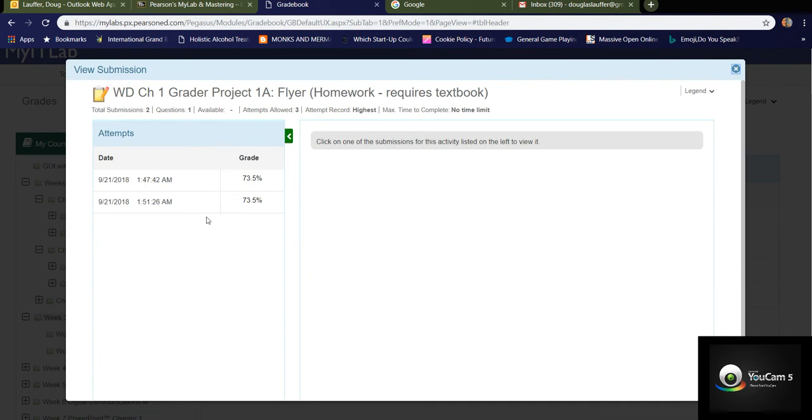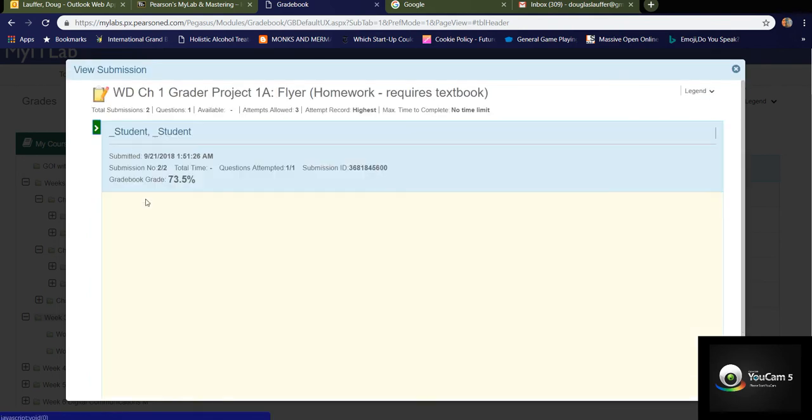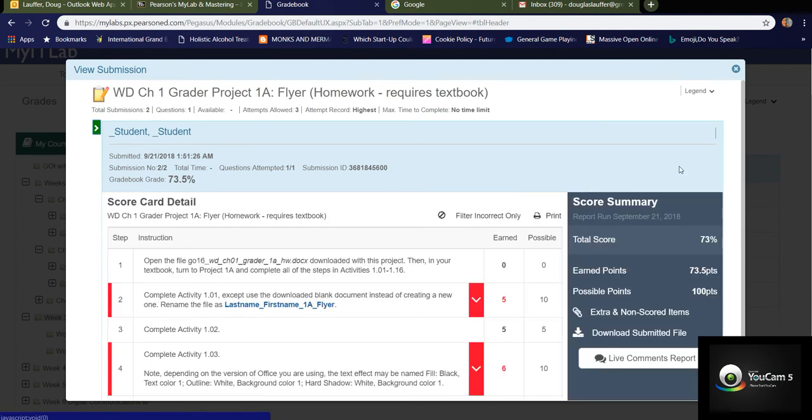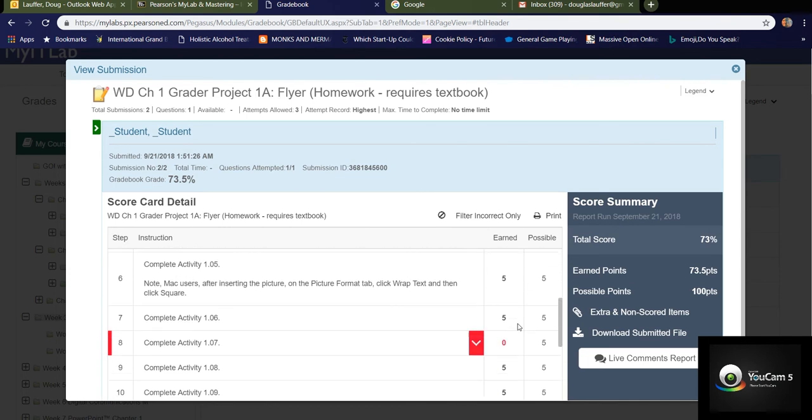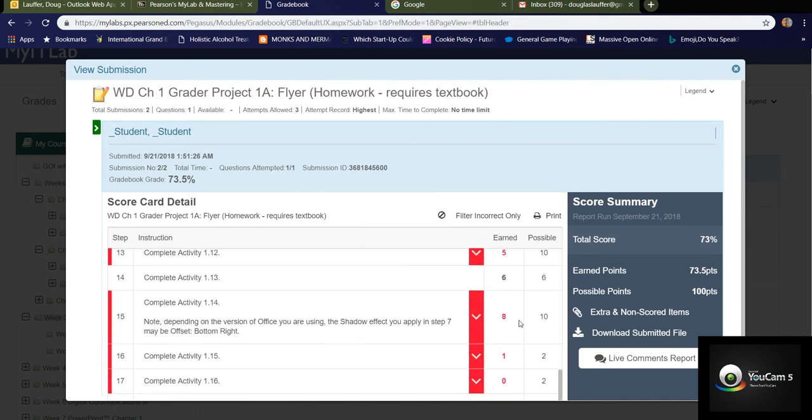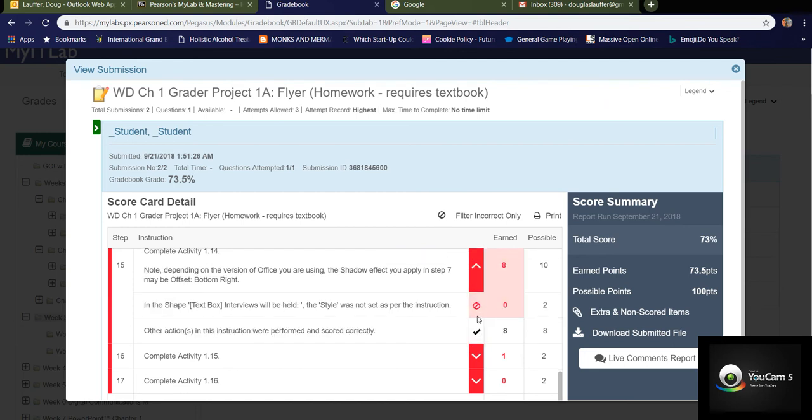Then you can see I have 2 submissions here. I'll select this one, and then it loads the viewer screen so I can see exactly what I missed here. Why I did not receive 100 points. Let's see, down at the bottom here, I missed 2 out of 10 here. If I click the down arrow key, I can see that other actions in the instruction were performed correctly, but